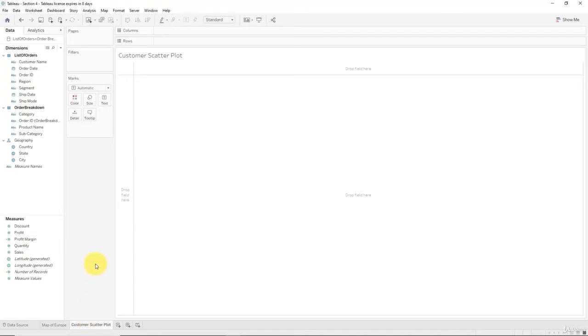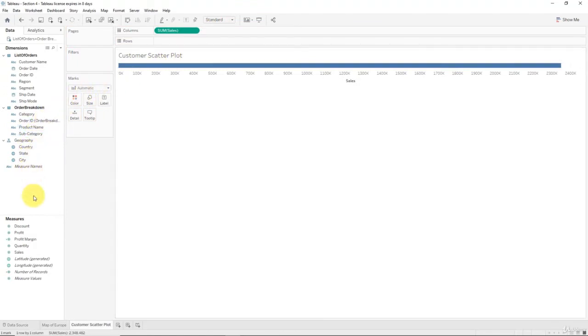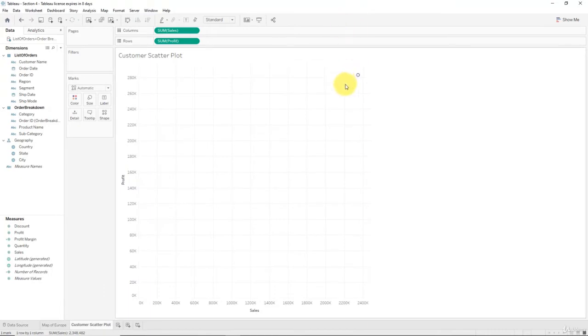To start off with, we're going to add some data into this worksheet, and then we'll apply the filter. And I'll explain in a minute why we're doing it in that order. So let's say we want to look at sum of sales in columns, and sum of profit in rows. Here Tableau has aggregated the total sum of sales for all of the years, all of the customers, all of the regions, for everything, and the sum of profit as well,